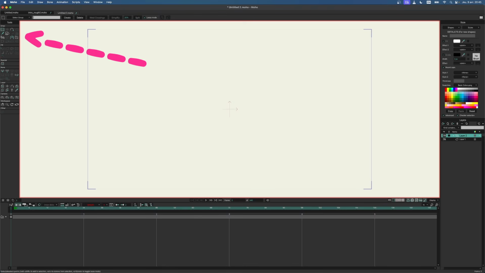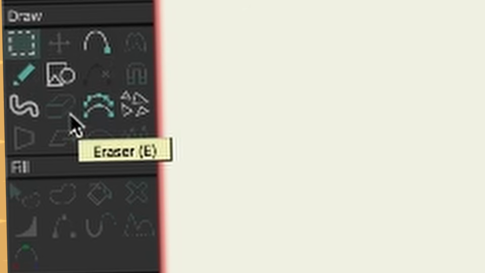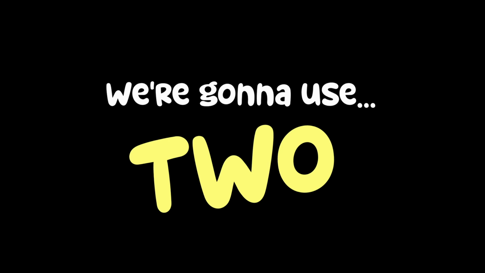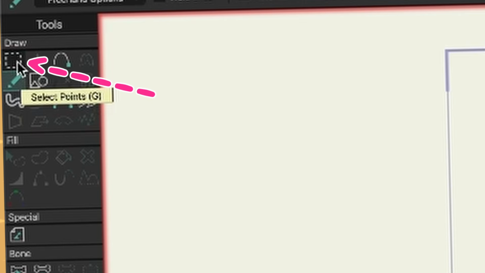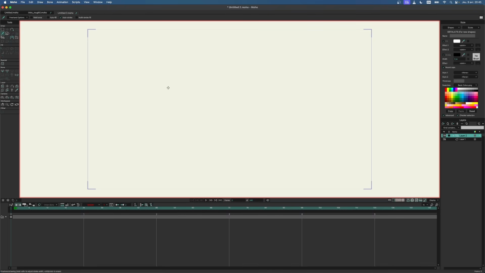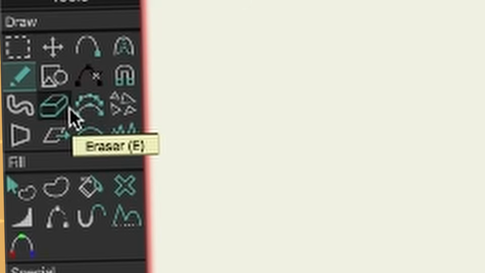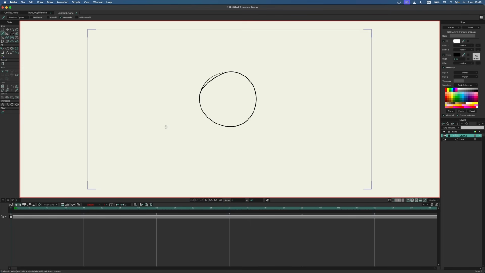I'm going to go into my tools right there. Yes, there's a bunch of tools. Are we going to see all of them today? No, we're going to use 2 of them. The freehand, which is this little pencil, and also the select points, because sometimes you need to erase stuff. And also the eraser. Know that the eraser here is washed out because I can't erase what I don't have. But as soon as you draw something, like this, I have my eraser. You can also use the eraser on your pen. So that's my frame 0. I'm going to just put a 0 here so we know.